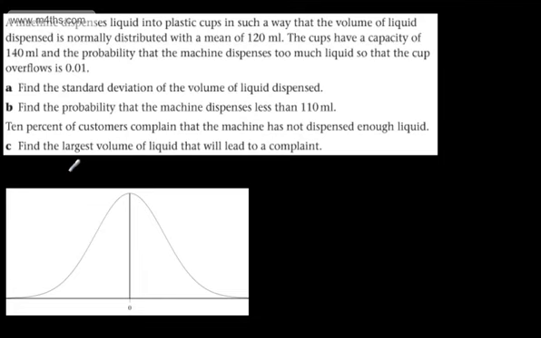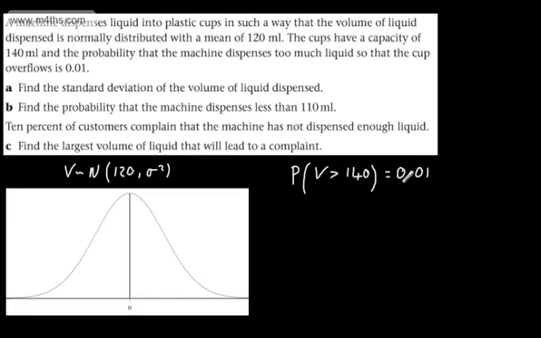Okay, so let's write this up, and we can say volume follows a normal distribution, has a mean of 120 ml, and a variance now of sigma squared. We're trying to find the standard deviation. The standard deviation is sigma, therefore the variance is sigma squared. Let's consider the first bit of information that we've got. The cups have a capacity of 140 ml and the probability that the machine dispenses too much liquid so that the cup overflows is 0.01. We can write this up now and state the probability that the volume is greater than 140 ml is going to be equal to